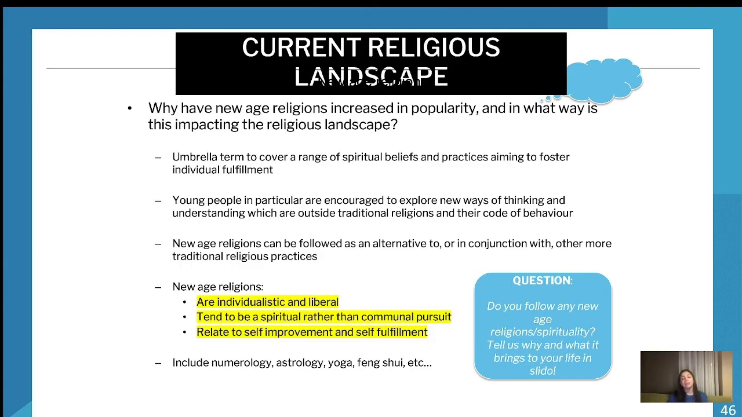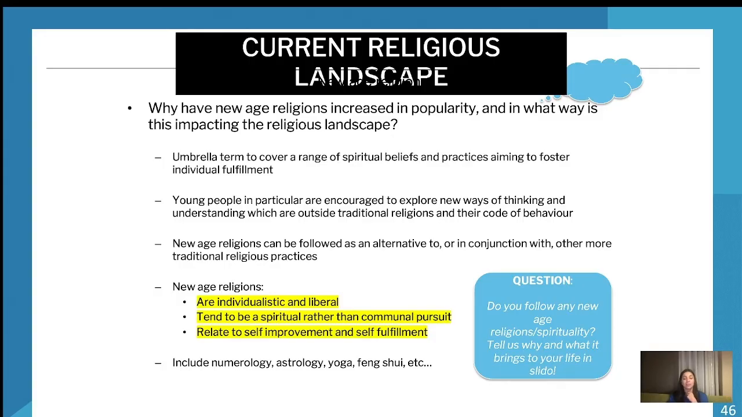And it can be followed as an alternative to or in conjunction with other more traditional religious practices. So you can follow a New Age religion instead of following a religious tradition, or you can still, for example, pray and still be engaged in following a New Age religion, and have those practices in conjunction. So the main thing to remember is that